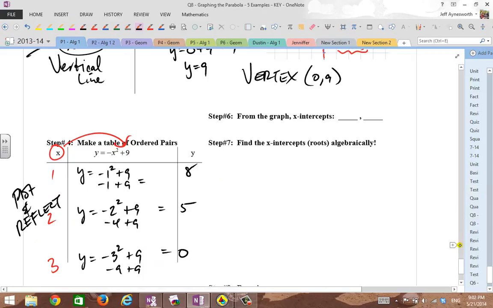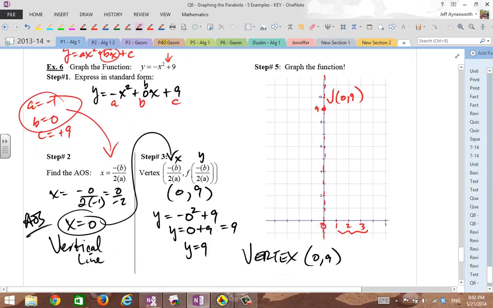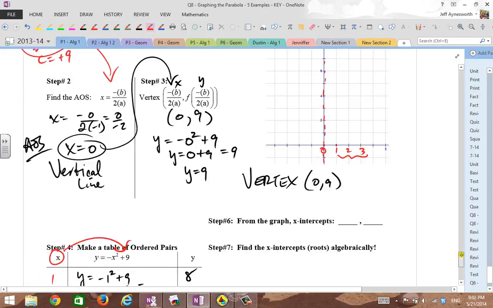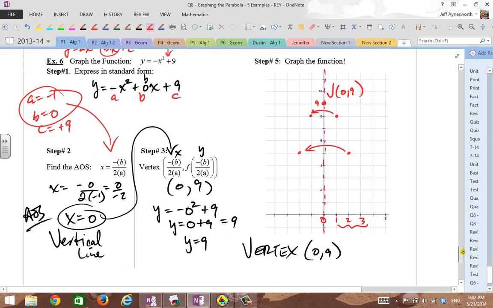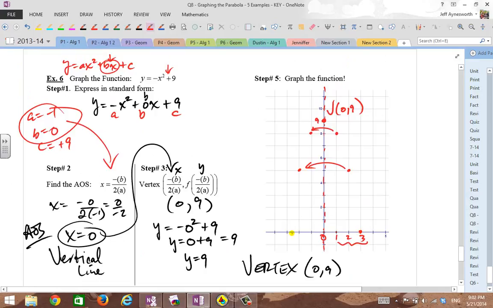Okay, 1 comma 8. All right, we got 1 comma 8. Right 1, up 8. Reflect it. Next point, 2 comma 5. Right 2, up 5. Reflect it. Next point, last point, is 3 comma 0, which is right here. Reflect it at negative 3. Okay, reflect each point. As I've said continuously, that helps you